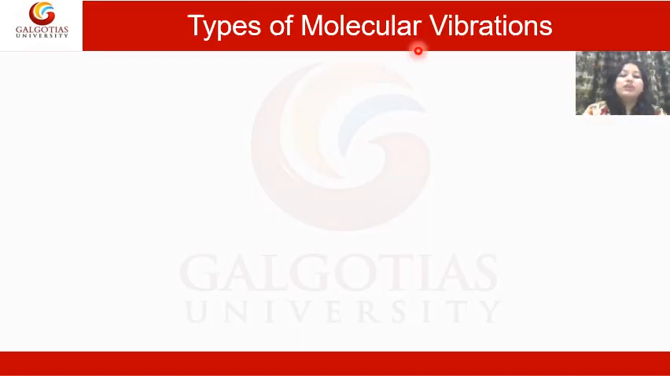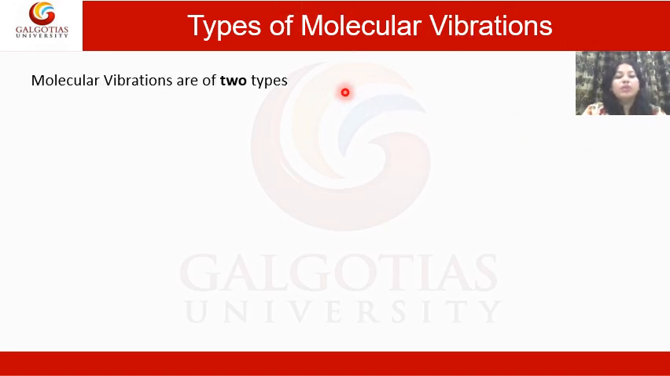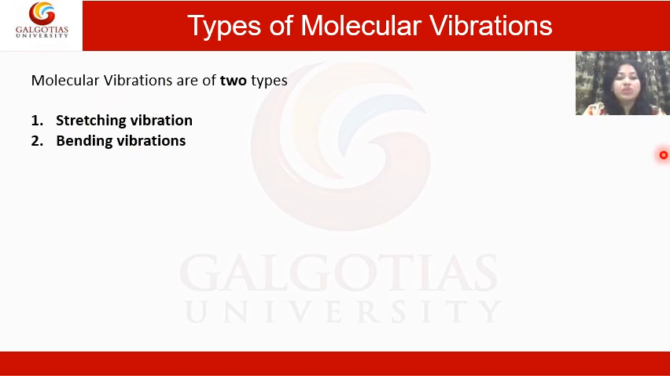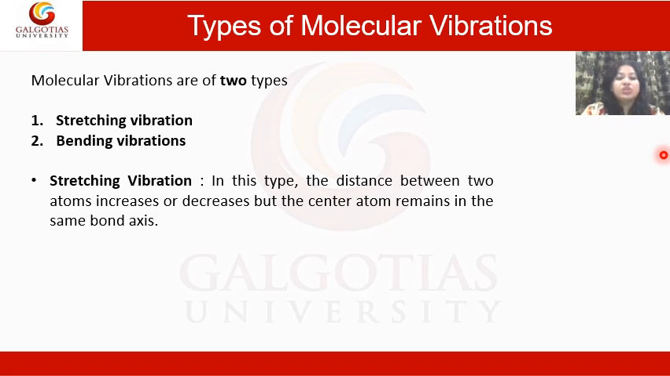Now we will discuss types of molecular vibrations. Molecular vibrations are of two types. One, stretching vibration. Second, bending vibrations. Now we will discuss what is stretching vibration. Stretching vibration is when the distance between two atoms increases or decreases, but the center atom remains in the same bond axis. Stretching vibrations are of two types,